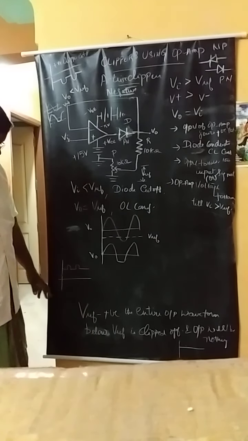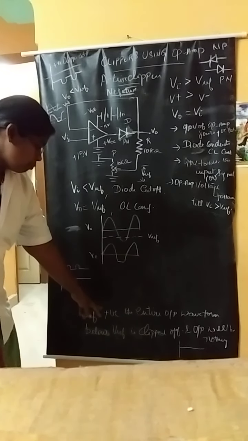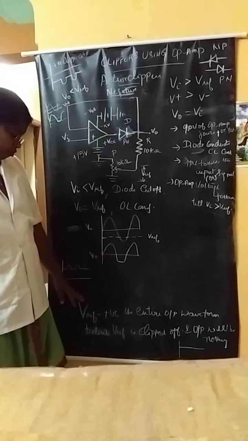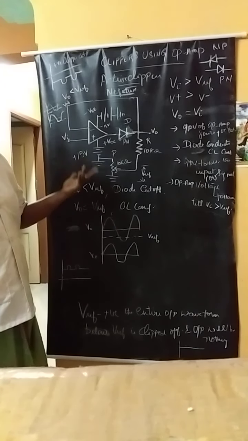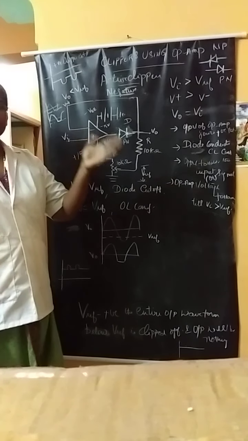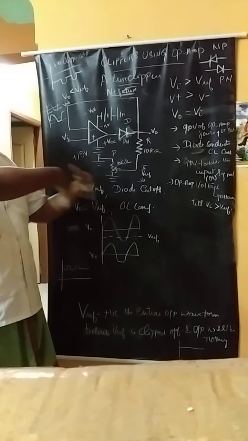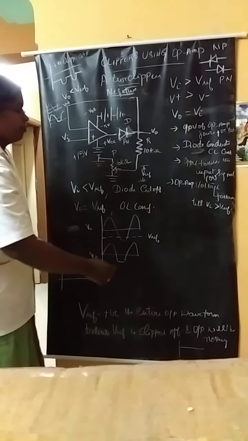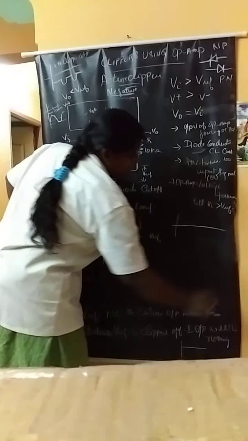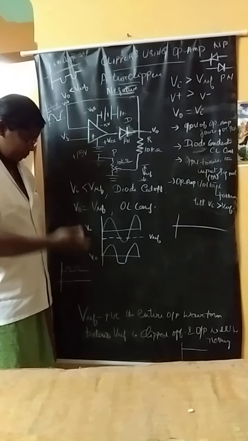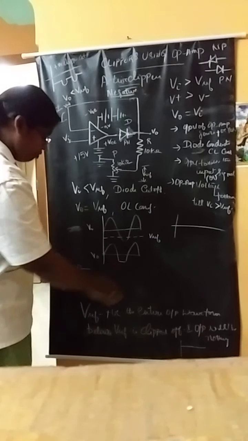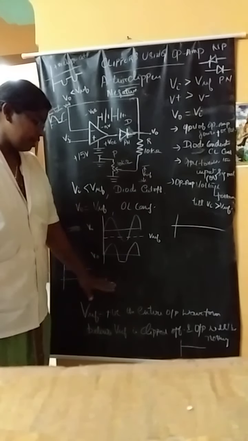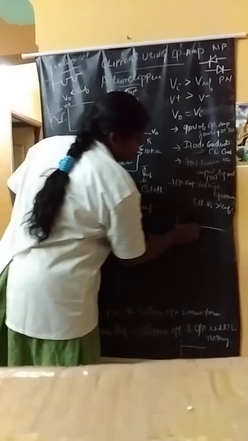This is the desired output waveform. When V reference is positive, the entire output waveform below V reference is clipped off. In the positive clipper, we have seen that when the reference voltage is negative, the entire output voltage waveform is clipped off and you get no output. But here, when the V reference voltage is positive, the entire output waveform below V reference is clipped off, and the output voltage is a straight line.